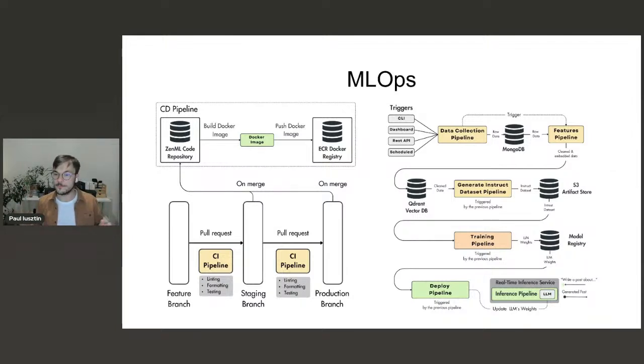Another thing that you need for production is to have 2 types of data access. One is offline, which is usually optimized for training, which in our case was the S3 artifact store, where we can easily store tons of data and access it in batch mode. The other one is an online store, which is optimized for low latency, which in our case is the Qdrant vector DB, where we usually request 1 item, but we need it really fast,